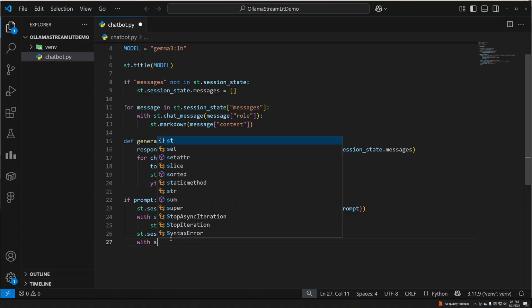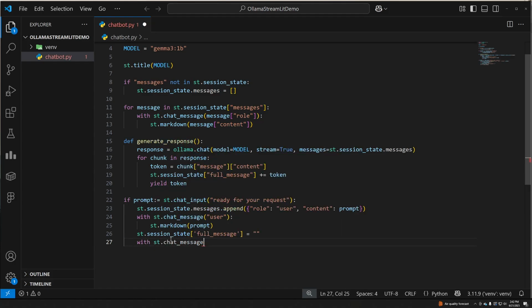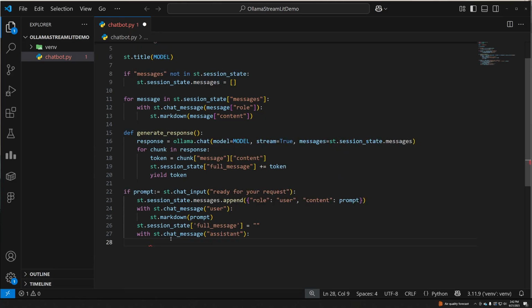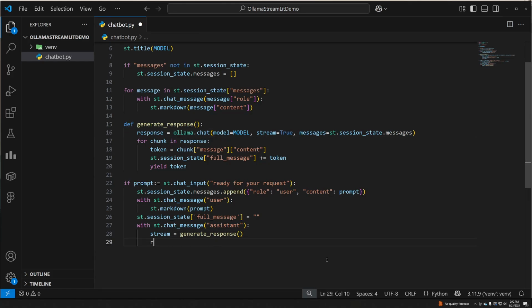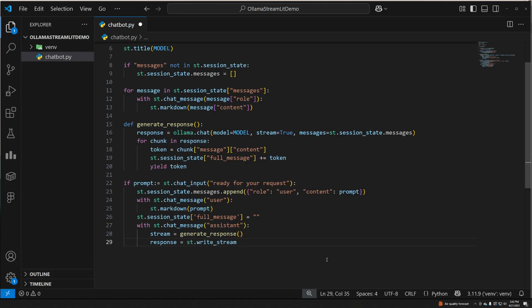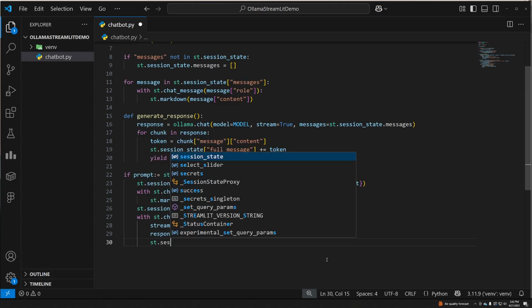And with st.chat_message assistant. So when we make a request as the user, we want to get the assistant response, right? So the assistant response is just going to be generate response, because this is going to make the call to Ollama. And response is going to be st.write_stream.